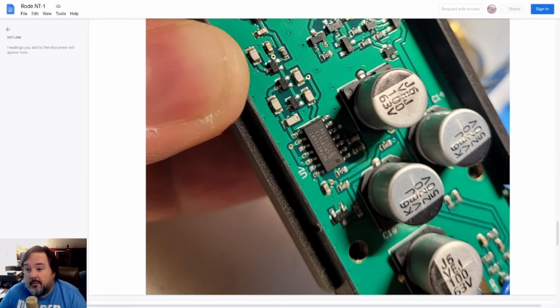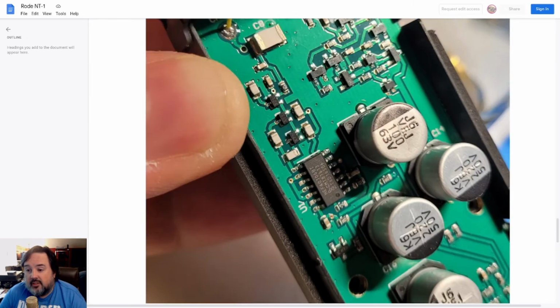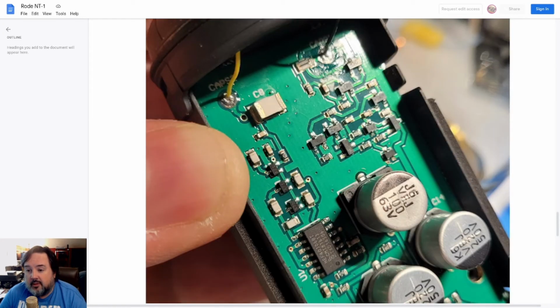Still surprised that people like the newer version with all these SMD parts and stuff like that. To me, of the comparisons that I've heard, the new NT1 just sounds kind of dark, sounds kind of muffled. Not really feeling it. I do hear what people are talking about as far as the NT1 and NT1A being kind of bright. And I'm hoping, like I said, that this new NT1 will be an upgrade, because I'm trying to upgrade from this $100 MXL V67G,